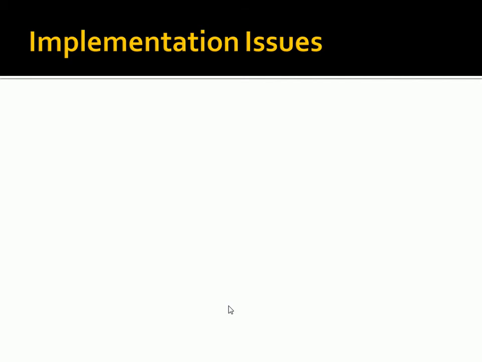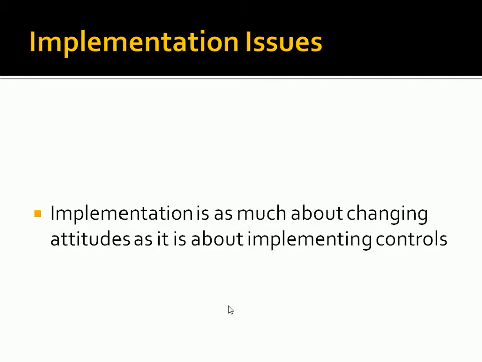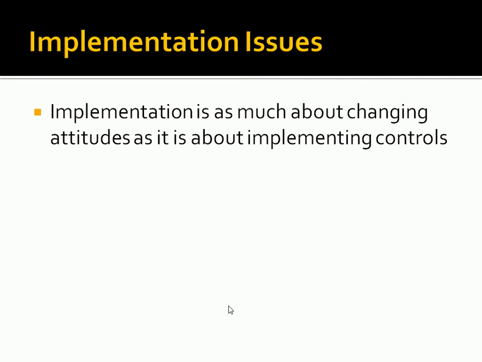But one of the things that our book talks about that's important to keep in mind is to try to avoid a tyrannical approach to implementing and enforcing these policies. In our book, they talk about implementation being as much about changing attitudes as it is about implementing controls. One technique you could take is, okay, we've got all these policies now, everyone has to follow them, and you make it a requirement that everyone has to follow these policies, and of course we want to do that.